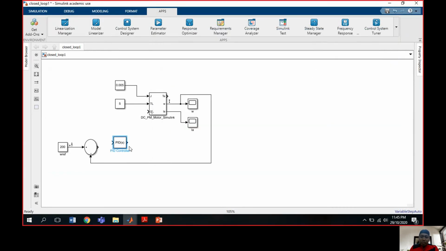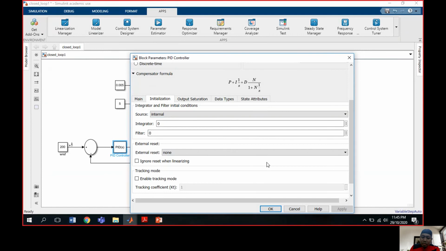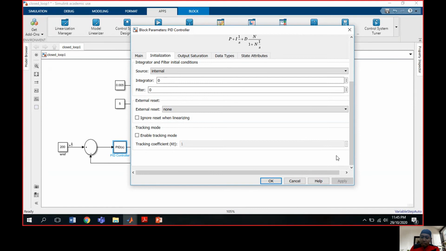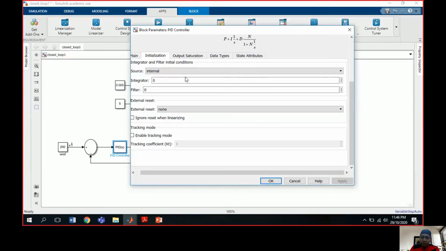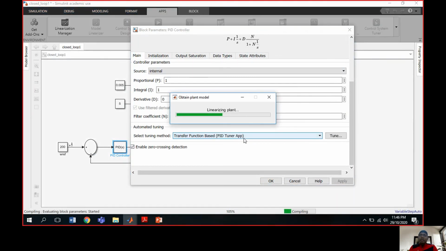So this one is the PID controller. So just parallel. The first one, yep, and then you double click the PID controller. Then you click the main, and then you just tune before we get the PID controller.